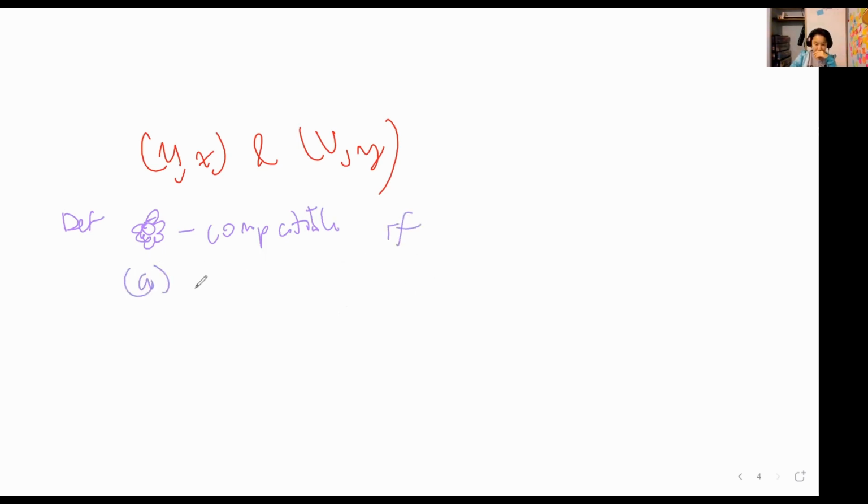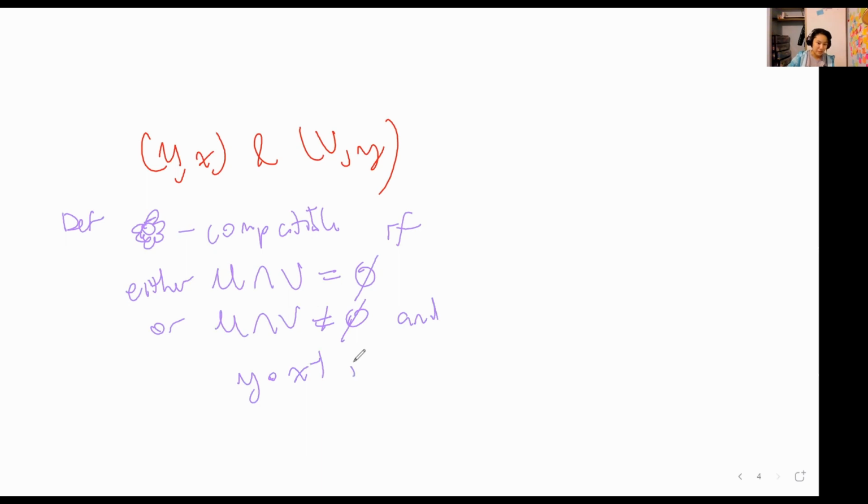either their intersection U intersect V is empty, or their intersection is not empty and their chart transition map, which is Y after X inverse, satisfies the flower condition. Flower condition. Okay, and then the flower condition depends on